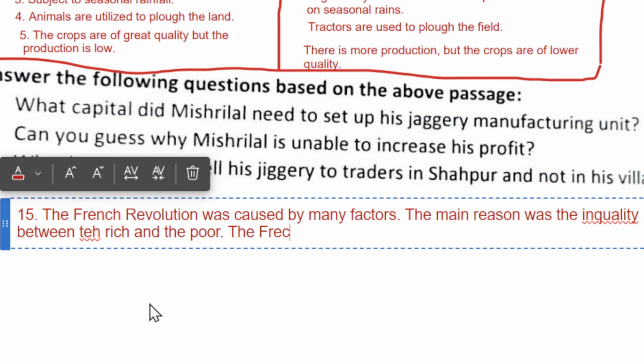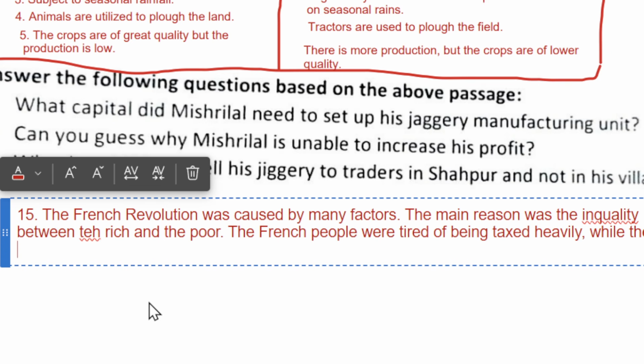The French people were tired of being taxed heavily while the rich were not. They also